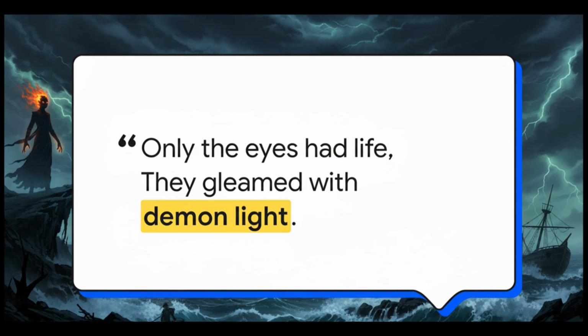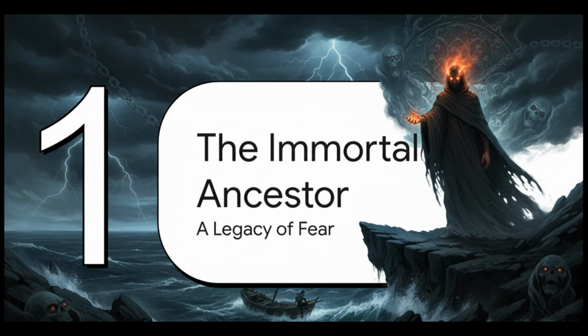They're describing a family portrait, and it's a portrait that's almost 200 years old. But the guy in it, well, rumor has it, he's still walking around. And those eyes, they're the first clue, the real giveaway that something is deeply, deeply wrong in the Melmoth family. So first, we have to talk about this guy, the immortal ancestor. Because look, before you can even begin to understand the Wanderer himself, you have to understand the curse he created, this legacy of absolute fear that's been poisoning his family for generations.